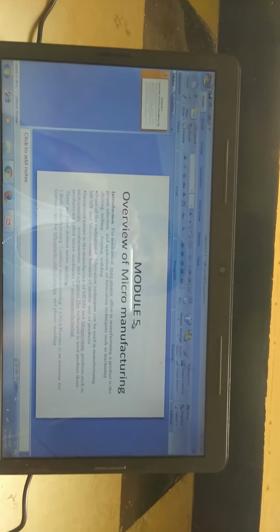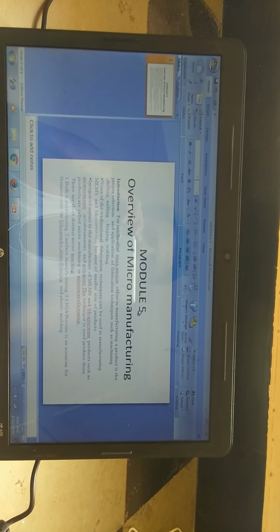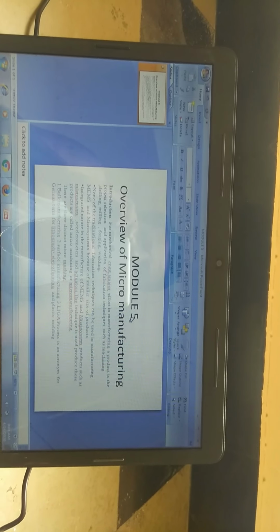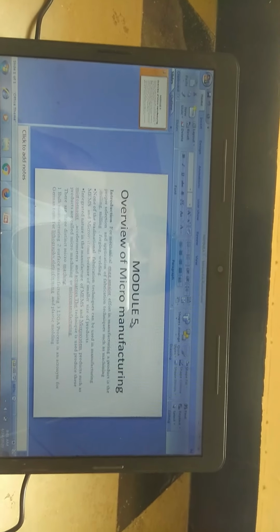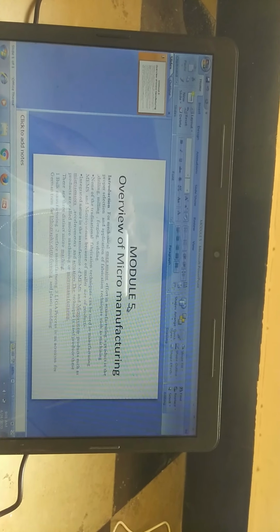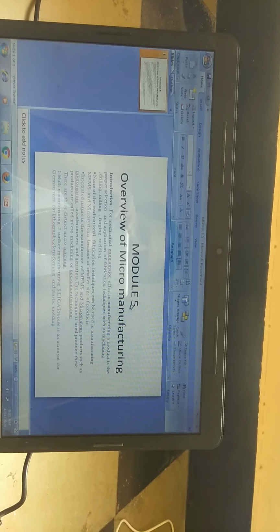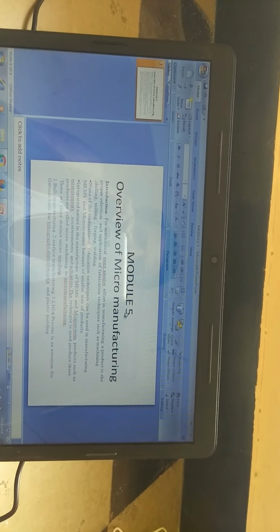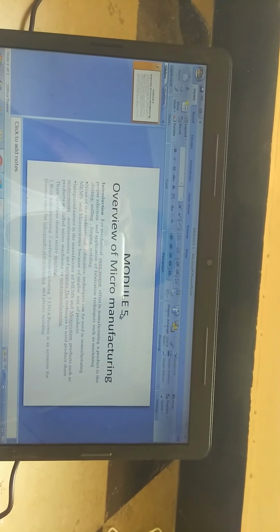In this module 5, we have been discussing different types of manufacturing. For mechanical engineering, the major effort in manufacturing a product is the proper selection and application of fabrication techniques such as machining, drilling, milling, forging, and welding. Any product to be manufactured needs this first: proper selection and application of a fabrication technique is important.